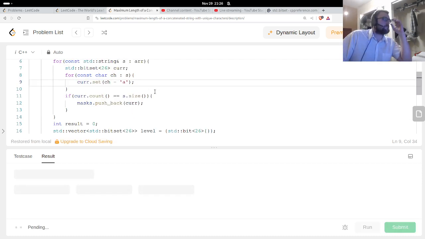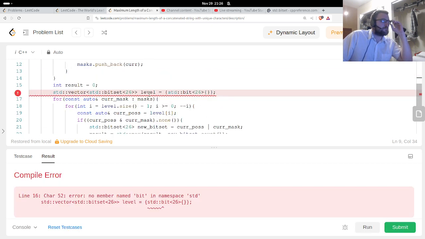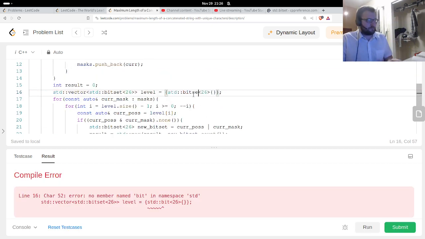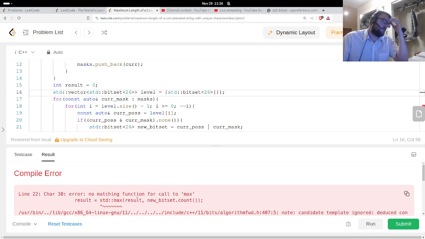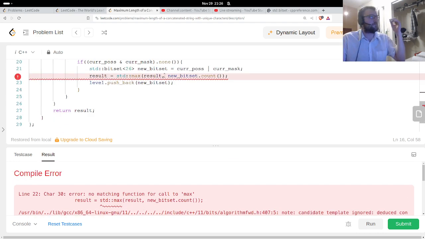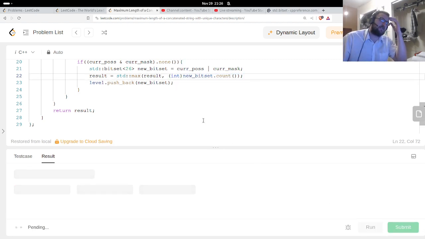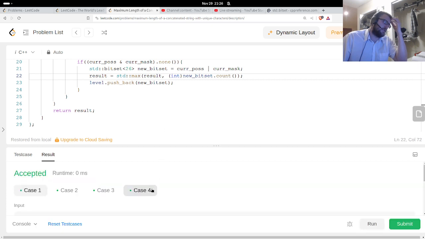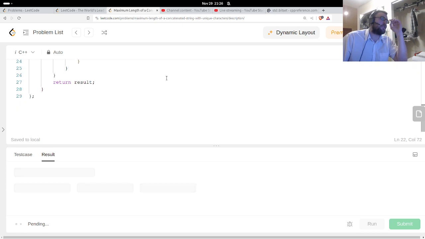Try that. This is probably standard size. Standard size T. I'm gonna go for it.